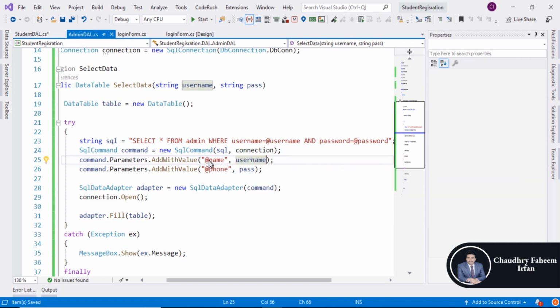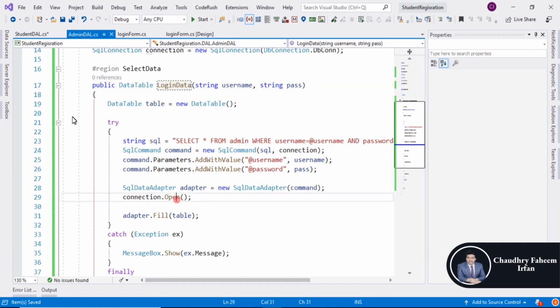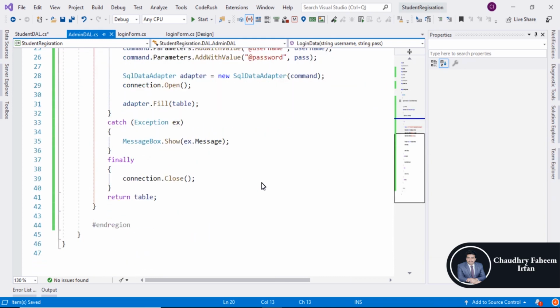Also change the name to username, and here change it with password and save it. Login data, save this one, and now